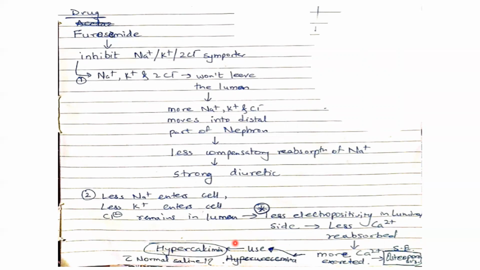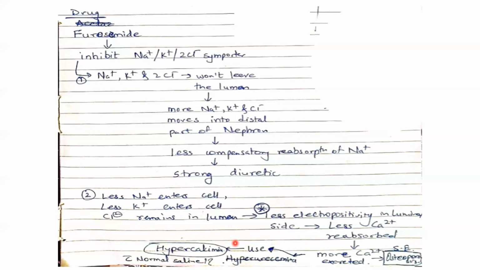So I need to treat it. I need to treat this condition, right? How do I treat it? Can I treat it with furosemide? Yes, of course, because furosemide is increasing the excretion of calcium. So the moral of the story is, if a person is showing a tendency of accumulation of calcium in the body, you can treat it with a low dose of furosemide.